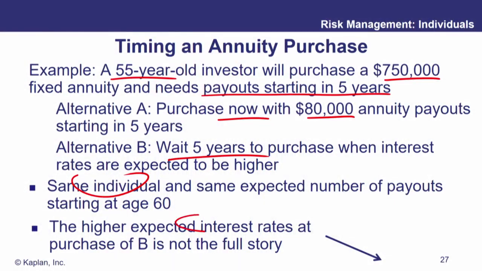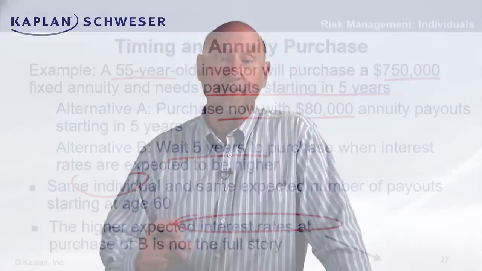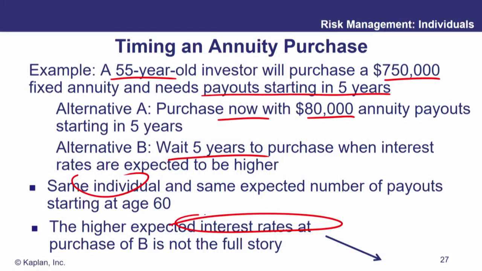Now, they also expect interest rates to be going up. If interest rates are going up, that favors wait to buy the policy. Because on a normal fixed annuity, the level of initial interest rates has a significant effect on the pricing. Interest rates are going to be higher in 5 years. It is likely insurance companies will make higher payouts on policies starting in 5 years than they do today when interest rates are lower. That would favor waiting if that's our expectation. But that's also superficial. It's not considering time value of money, and it's also not considering mortality credits.